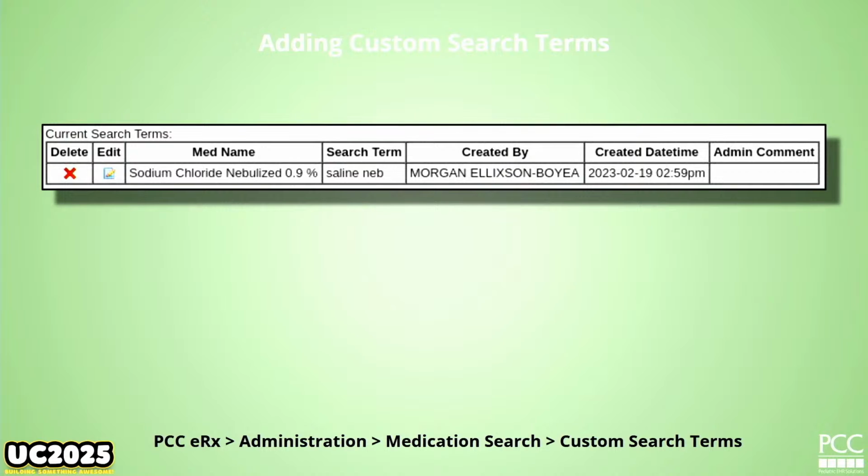We had a shout out to this one earlier. There's plenty of drugs that are just kind of hard to find, or this example with the saline nebs. You don't know if it's sodium chloride or normal saline or 0.9%. Like, you don't know where it's going to be. Maybe you don't really write prescriptions for this, but you get the idea. If something is hard to find, you can create a search term that you and the rest of the practice likes, so that at the point of prescribing, you can search for that instead.